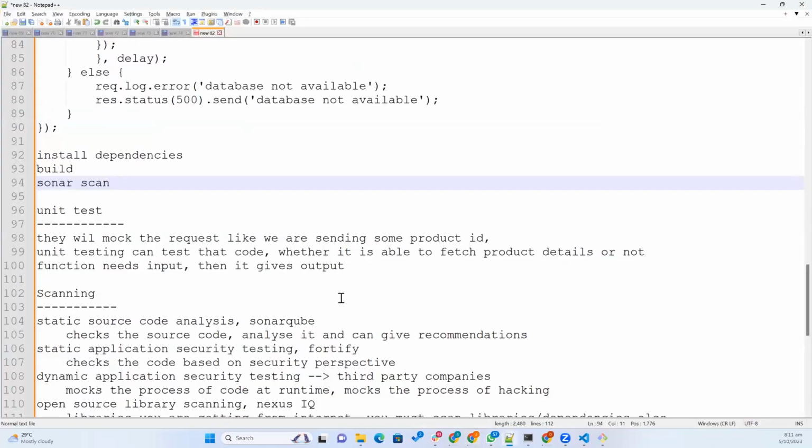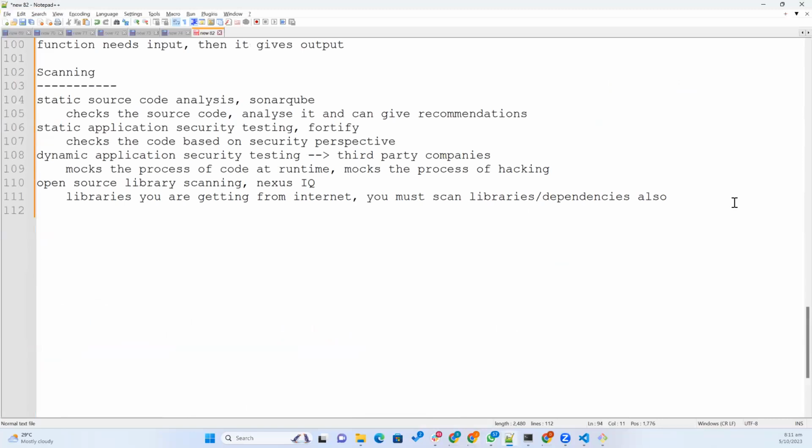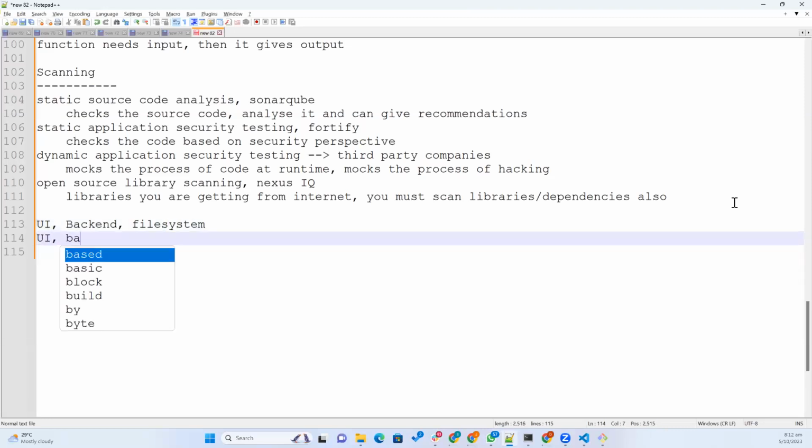For our Jenkins, we have UI, backend, and the database is the file system. But for SonarQube, there is UI, there is backend, but here the database is either Oracle or MS SQL or MySQL, whatever. Okay, so this is the production version,